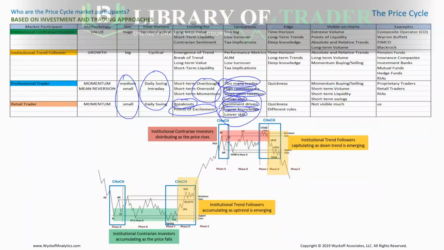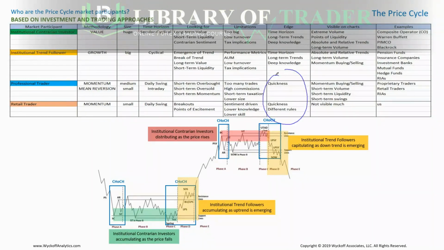These are going to be the definitions for the retail, and then professionals are going to be somewhat better because this is their job, but still are going to have some limitations that are going to go against them if we would compare them to trend followers or contrarian